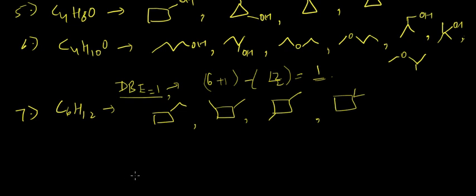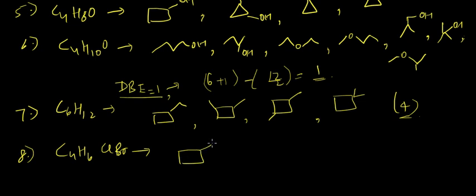These are only 4-member rings, so you can draw the necessary structures. This is for homework. So C4H6ClBr. So this should come out to be, I hope you have calculated the dB, and that should come around 1. Is the dB 1? Why is it 1? There are only 6 hydrogens, so 6 by 2 should come around 3, and 4 plus 1 is 5, so